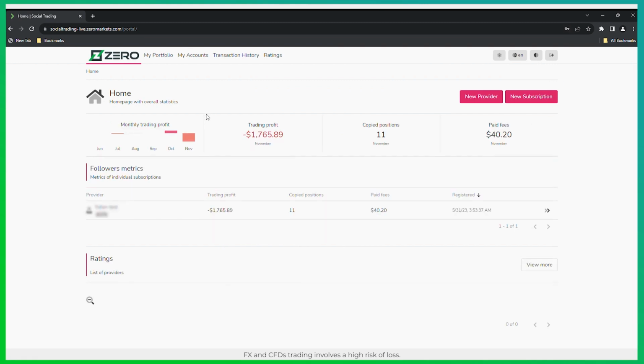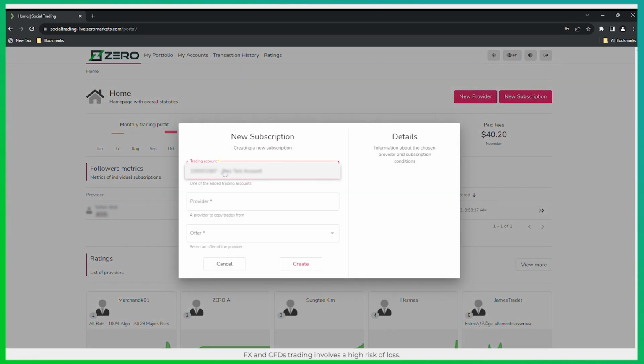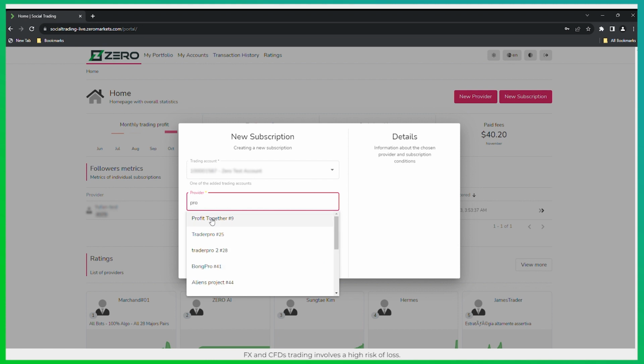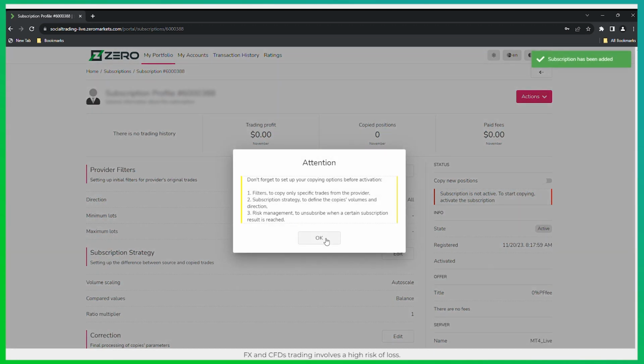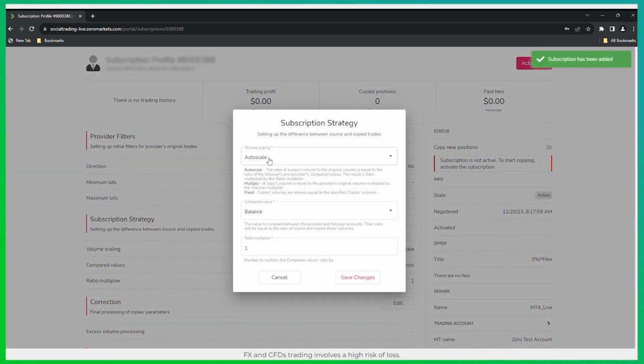Step 3. Navigate to the New Subscription section. Select your trading account. Choose the provider name and offer. Click on Create to generate a new subscription to a provider. To set up your subscription strategy, click Edit and choose the desired volume scaling strategy from the drop-down list, either